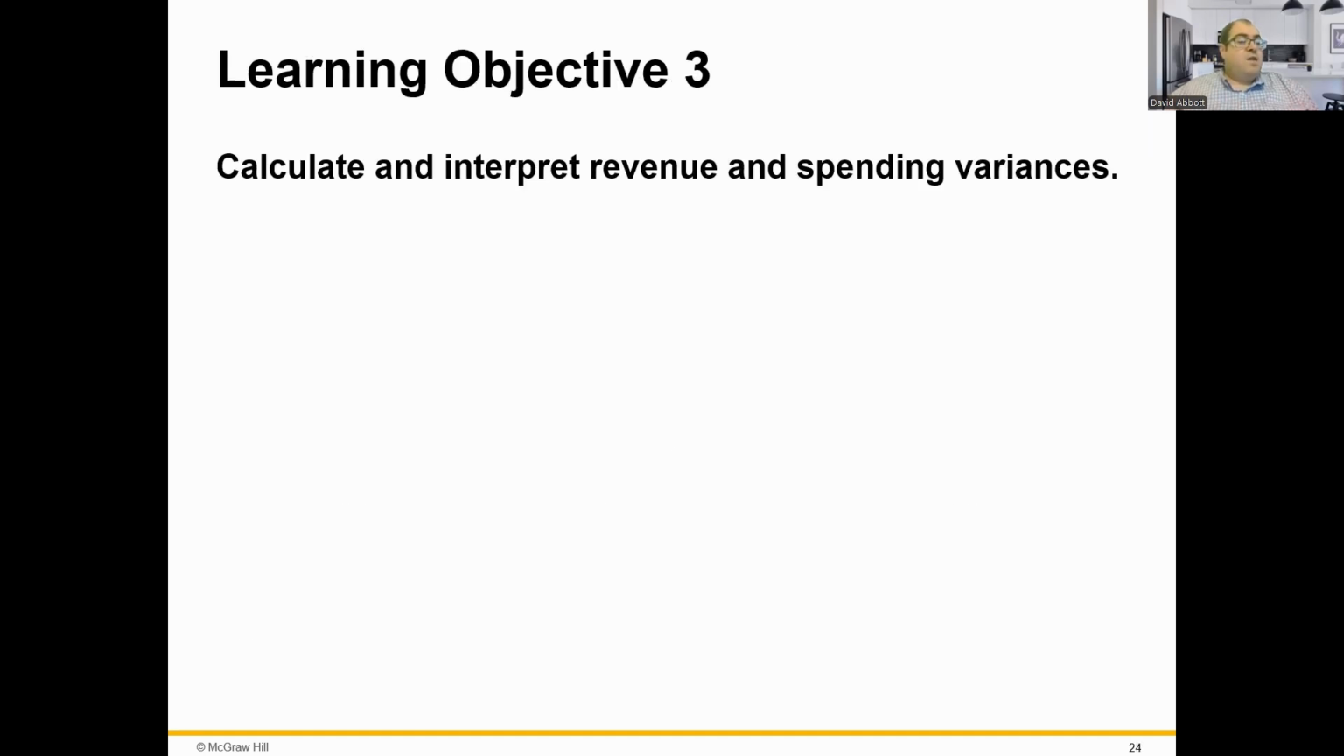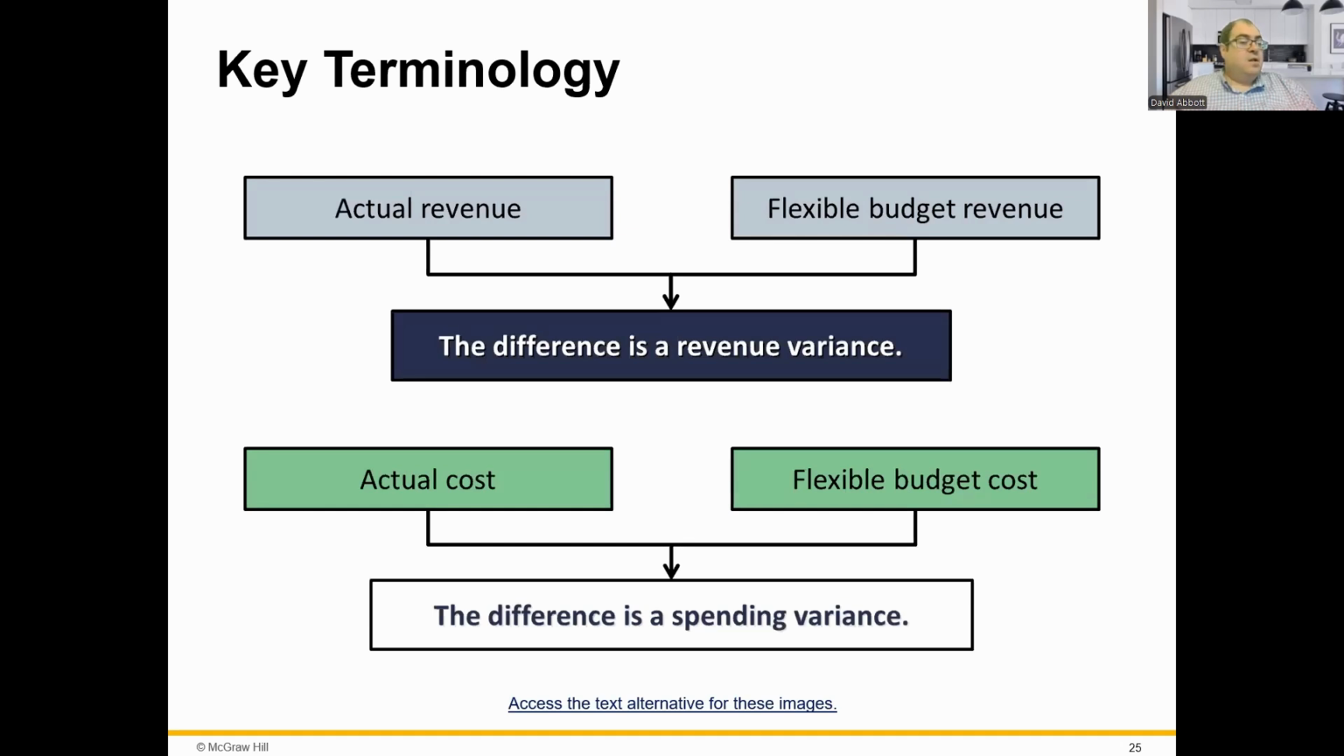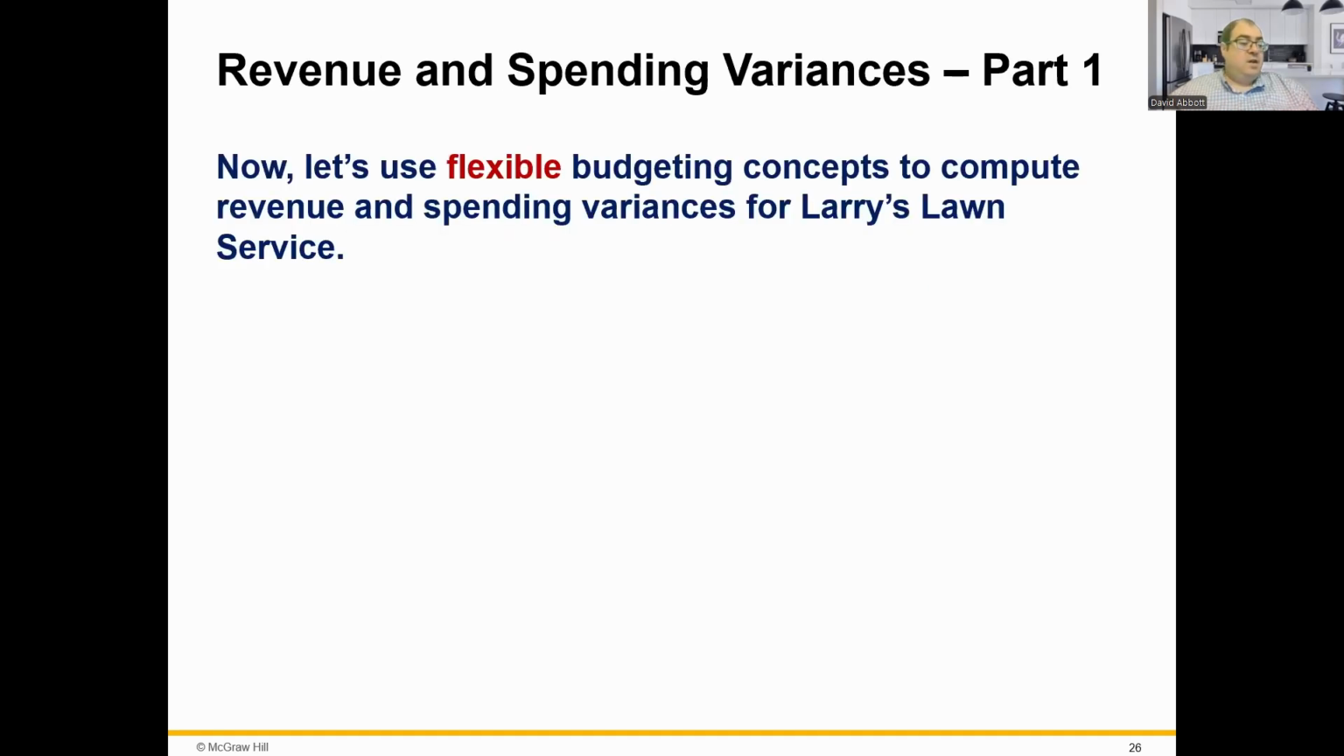Now, the next section is to interpret and calculate revenue and spending variances. So, key terminology. A revenue variance is the difference between the actual total revenue and what the total revenue should have been given the actual level of activity for the period. And the spending variance is the difference between the actual amount of a cost and how much the cost should have been given the actual level of activity. So now we'll look at computing revenue and spending variances